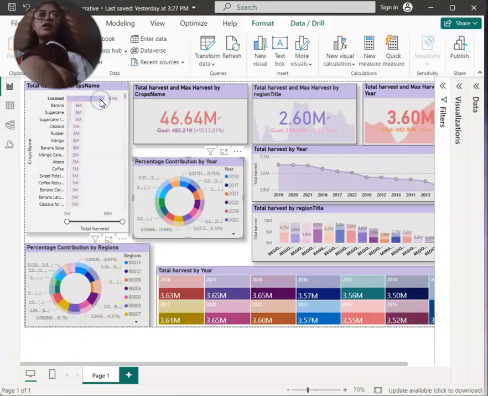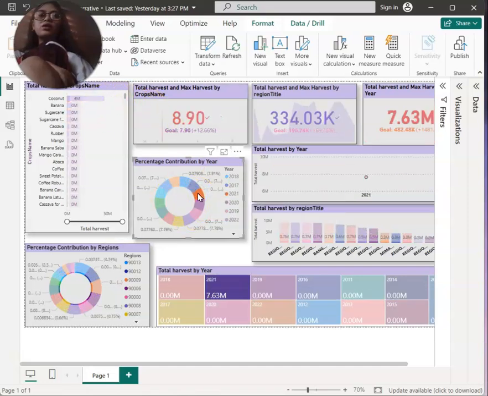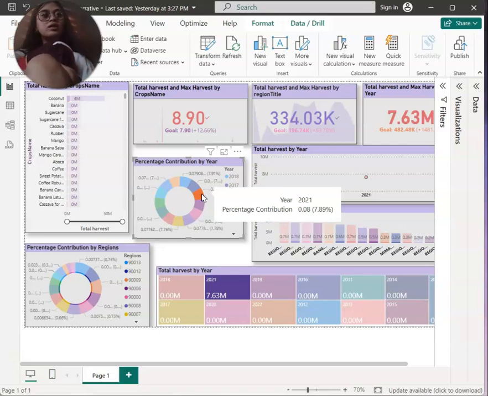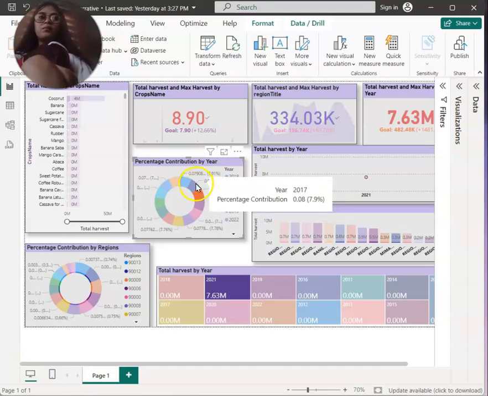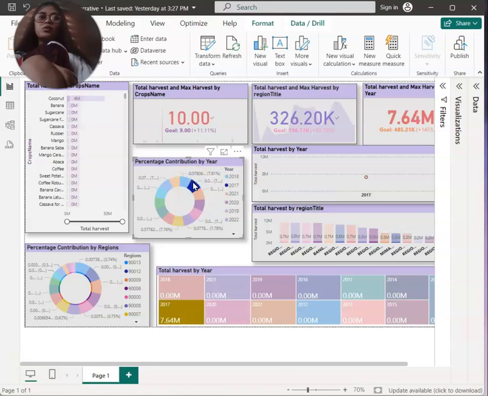As you can see in our donut chart, we can identify that the year 2021 has the highest percentage contribution, which is 7.89%, followed by